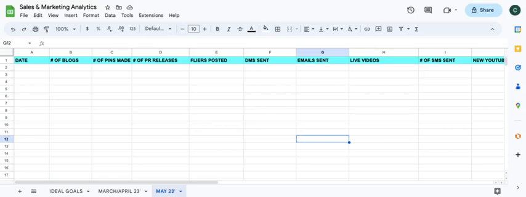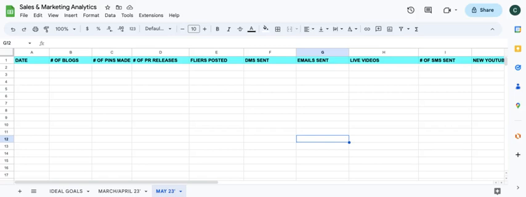Are they so busy, on the go, that they don't have time to watch live videos, so you send them DMs and they respond back? Are they the type who prefer email communication? So knowing your ideal client is very important for understanding which marketing channels to pull on more or less, or accelerate.